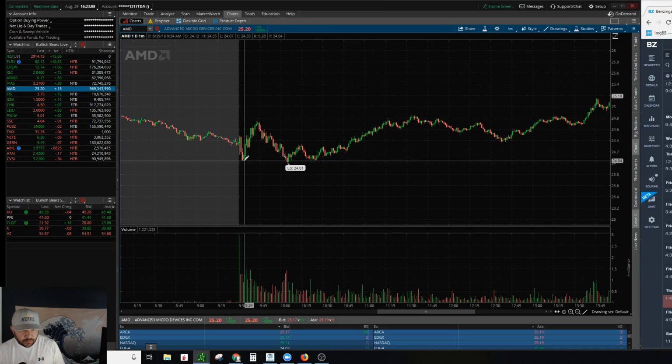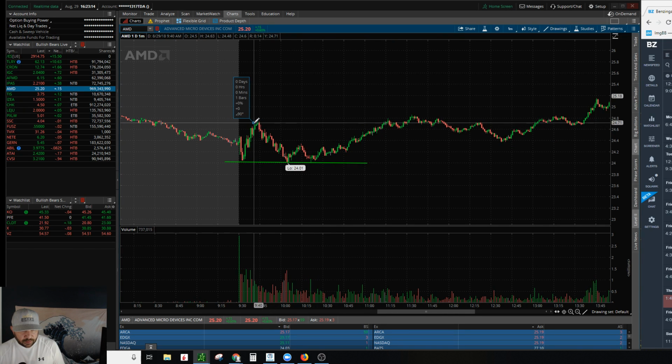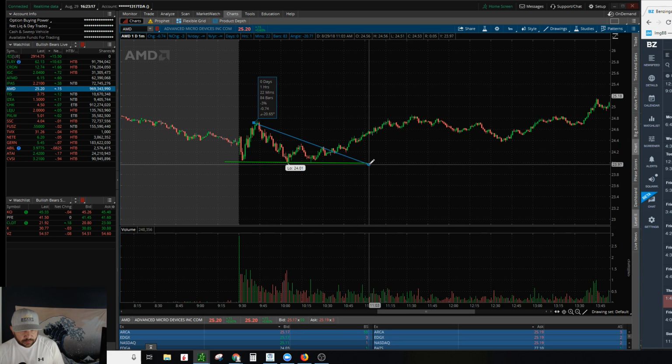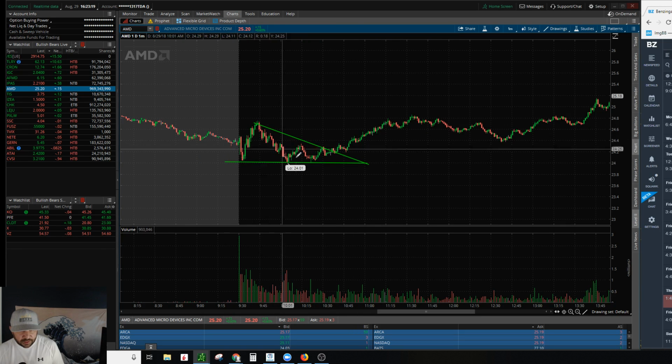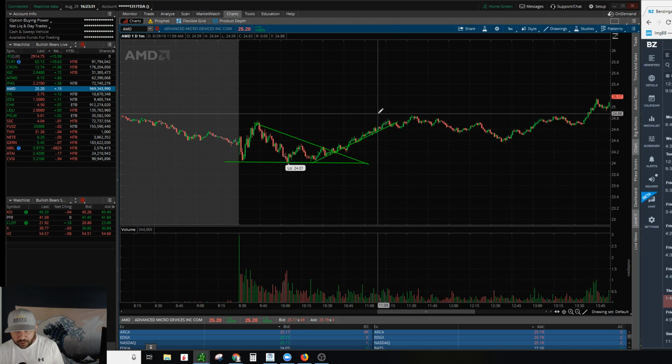So we had AMD bottom around 24, like we were just saying. You could see right here, AMD was kind of caught in this descending triangle. It got above VWAP in this area, and once it got above VWAP with this decent amount of volume, it was actually right in this area. It went on this nice run, and that's where we had overhead resistance around